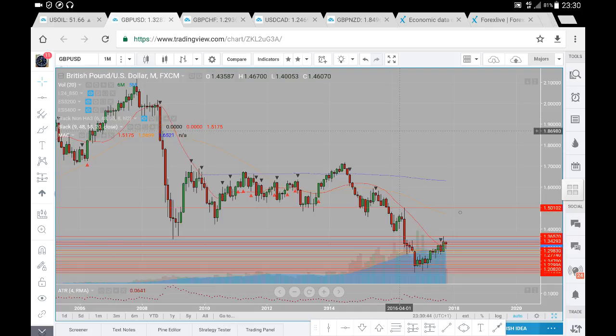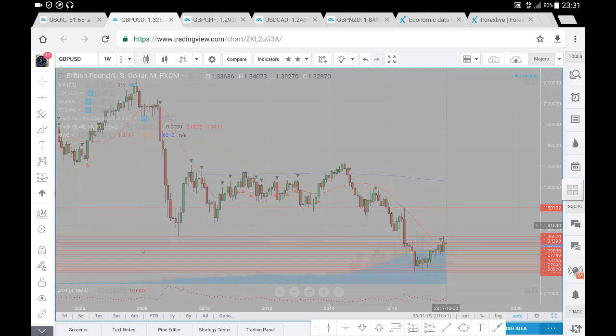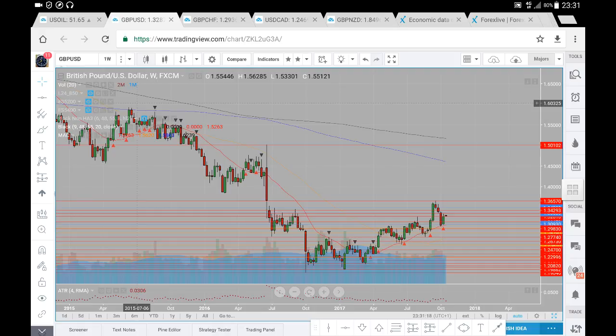Prices do appear to be in an uptrend. We did have a retracement so far this month, but buyers have stepped into the market and driven prices back up. So overall, long term, I suppose we can expect further moves to the upside on the pound, although there is Brexit risk. So let's go down to the time frame beneath the monthly, which is the weekly time